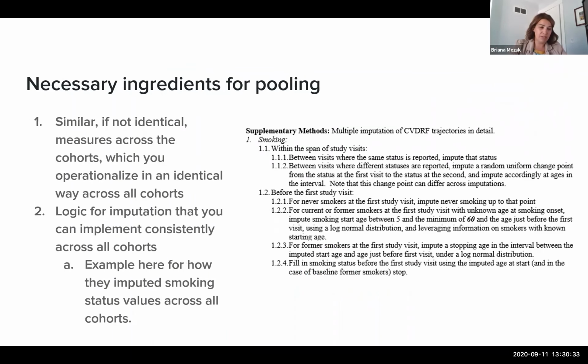So if you wanted to do something like this, what would you need in order to do it? The first thing you would need is similar, if not outright identical, measures across the cohorts, which you must then operationalize in an identical way. So for this example, here is how